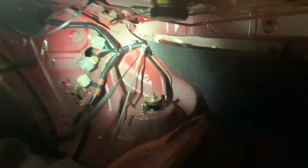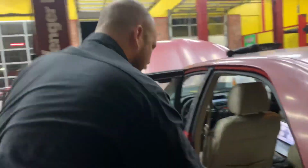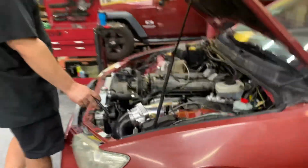Look, so it goes from here. Beautifully, this whole area is going to be covered by carpet, but it runs up by the back pillar right here. Now I have reinstalled the top of the seats, but get down here. See what's going on. We ended up running this line right through the fuel pump cover, right where we ran the return line. Nice. Under the car, that'll be all zip tied and tightened up. Pops out right here to the solenoid, which...